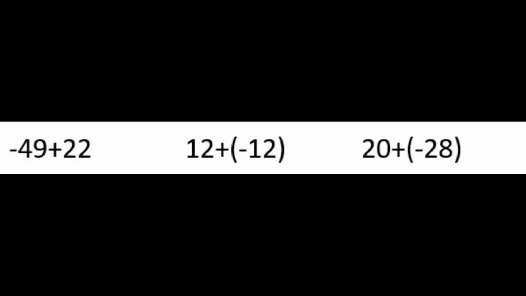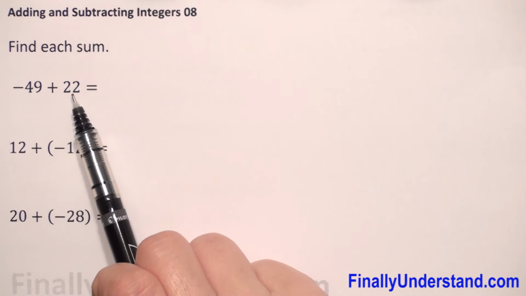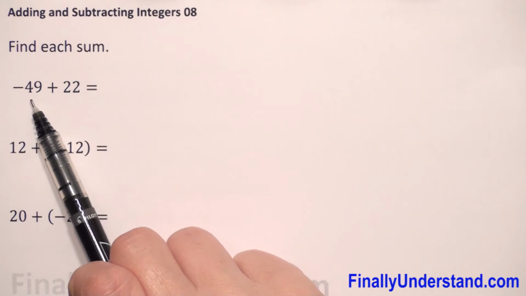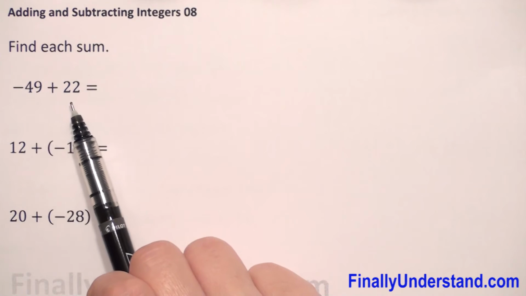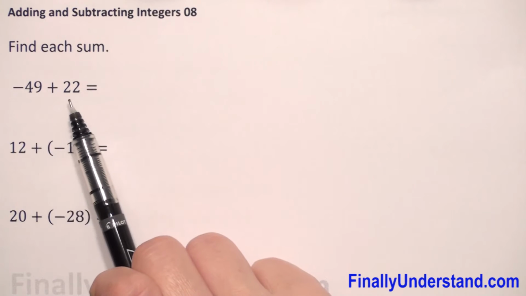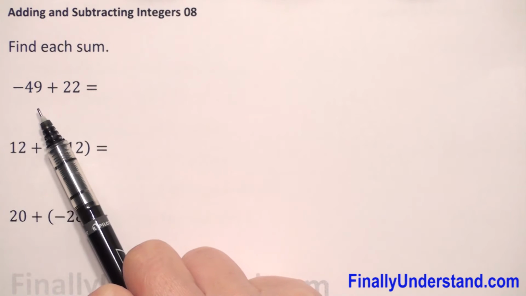We have to find the sum. We have a negative integer and a positive integer. When we have to add integers with different signs, first negative and second positive, first we check which integer